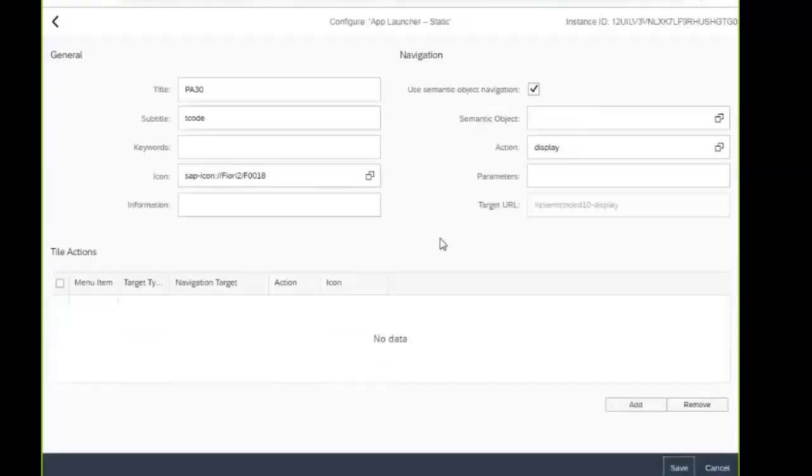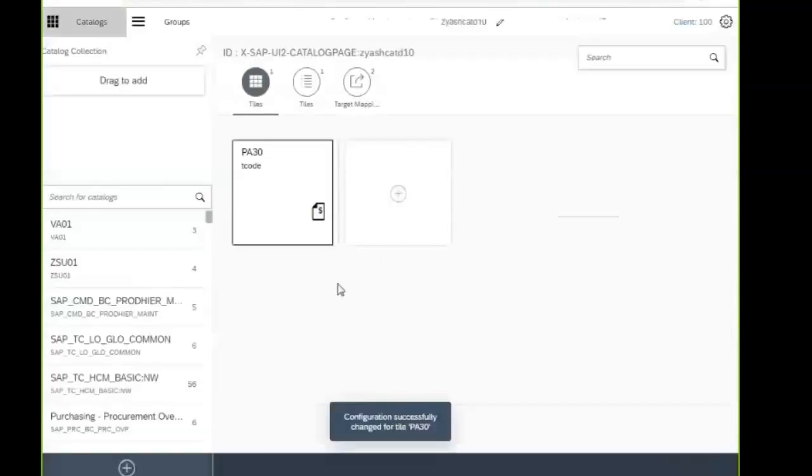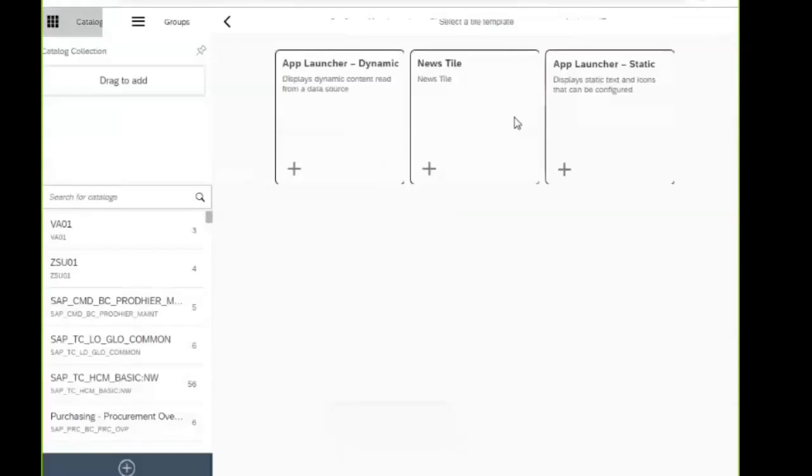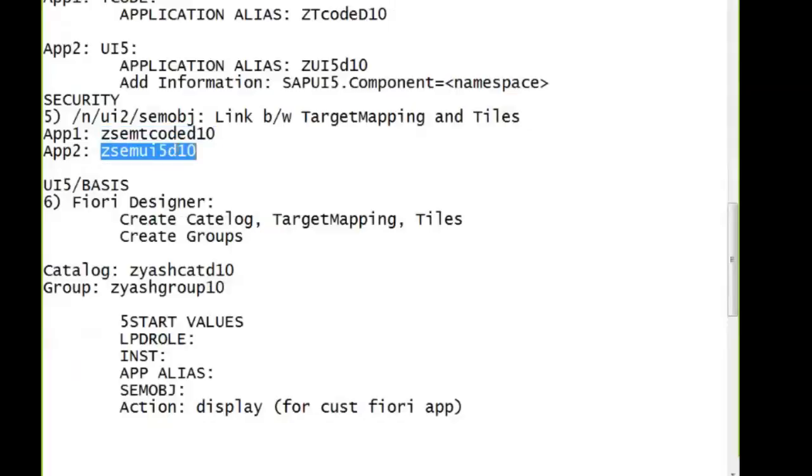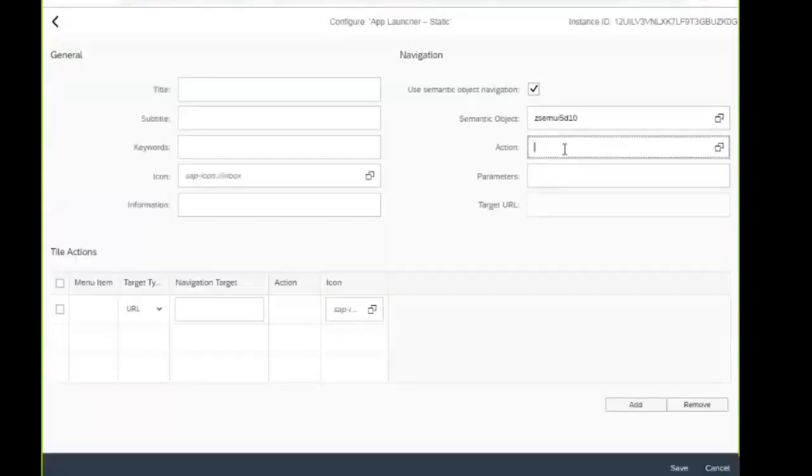Save. Static tile: semantic object, action, title, employee track.